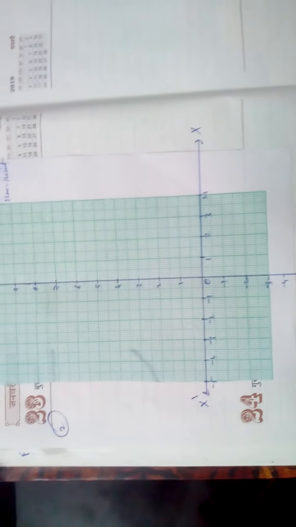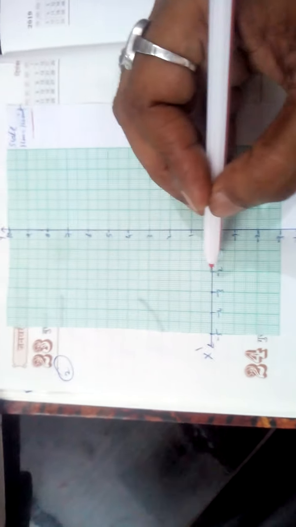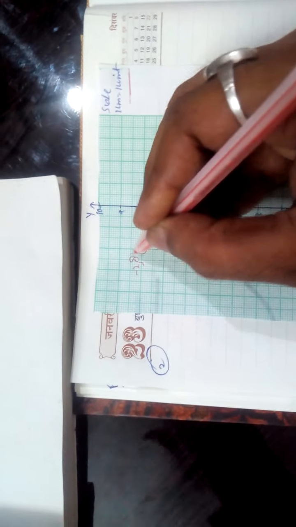Now I have seen minus 2 comma 8, 1 centimeter is equal to 1 unit I have taken as scale. So first point I have taken as A, minus 2 comma 8. Why? It is given in the table. Value of x is the first, then minus 2 comma 8, minus 1 B, C, D, E, like this. So first one is minus 2 then 8. Minus 2, here no need of scale, no dotted. Minus 2 line you go up till 8. Where is the 8? Here. Minus 2, 8 is intersecting at this place. Put the dot. And then you put the circle. It is your minus 2 comma 8. First point, which is A. I have taken here A.